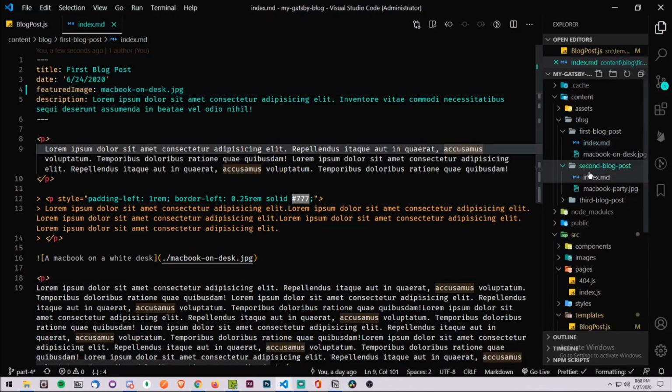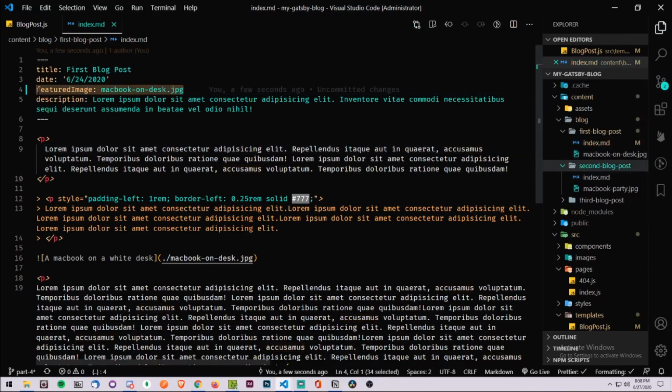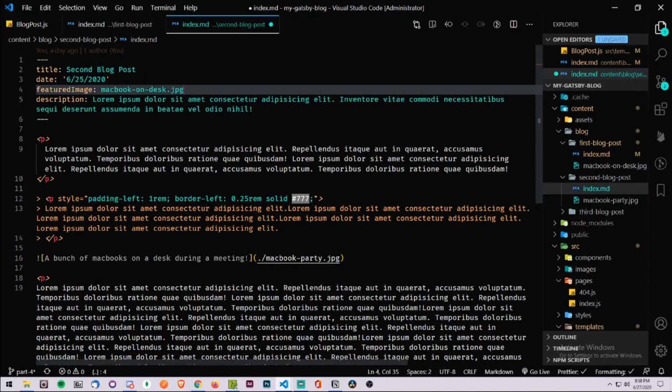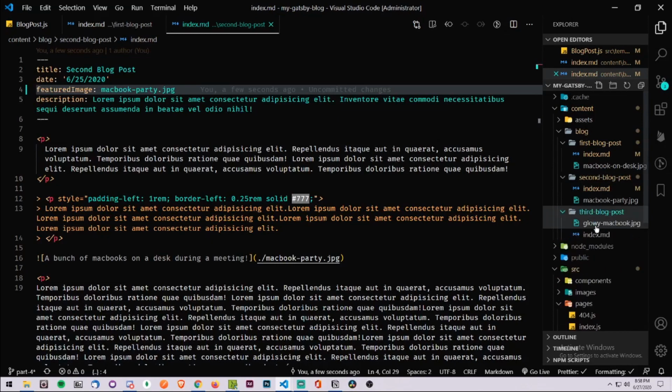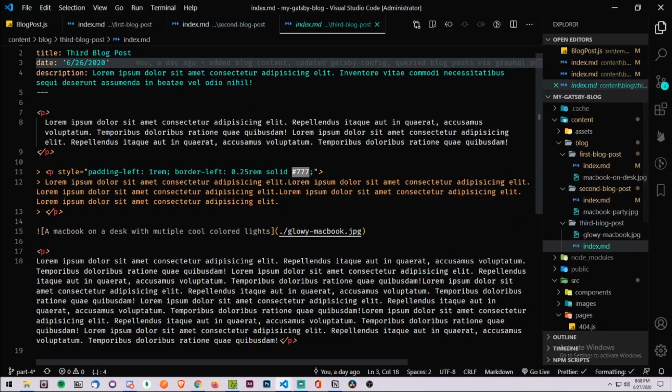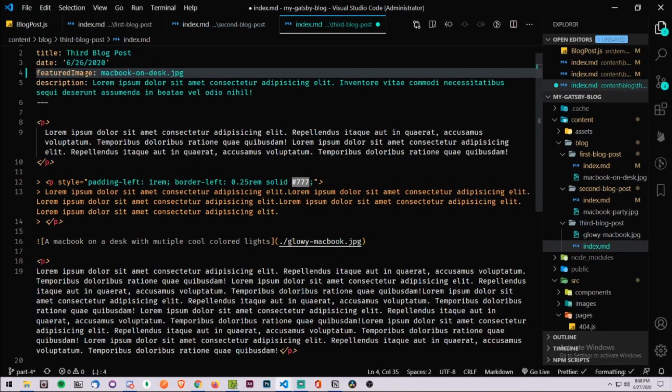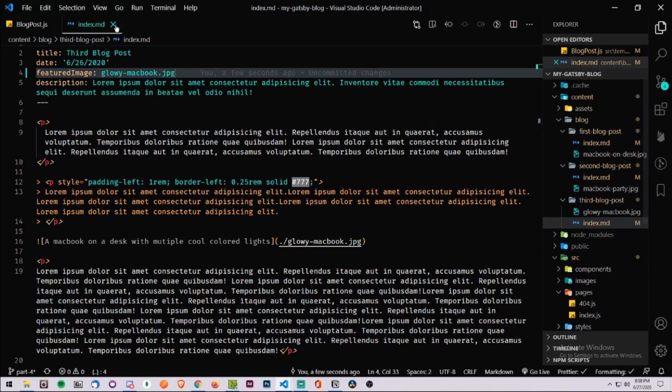Save it, go in here, and I'll just copy this line. Smarter, not harder. This one is called MacBook Party. Go into the third one, paste it in. This one's called Glowy MacBook. Okay, and now what that's going to allow us to do is